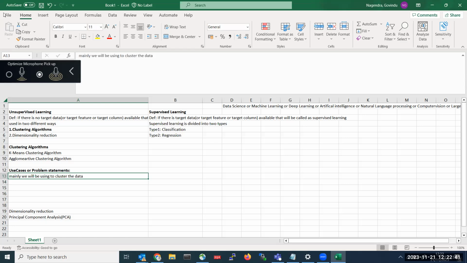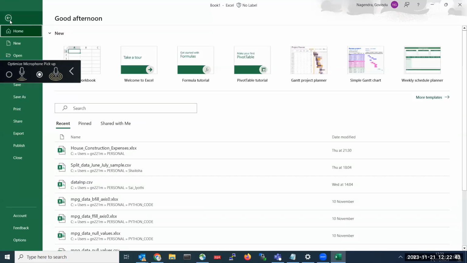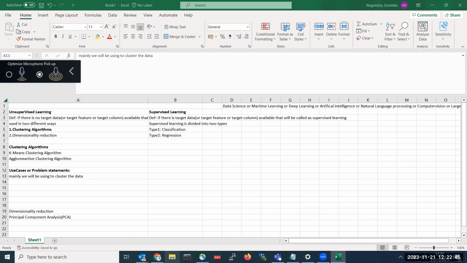So we have seen, let us take an example of it.